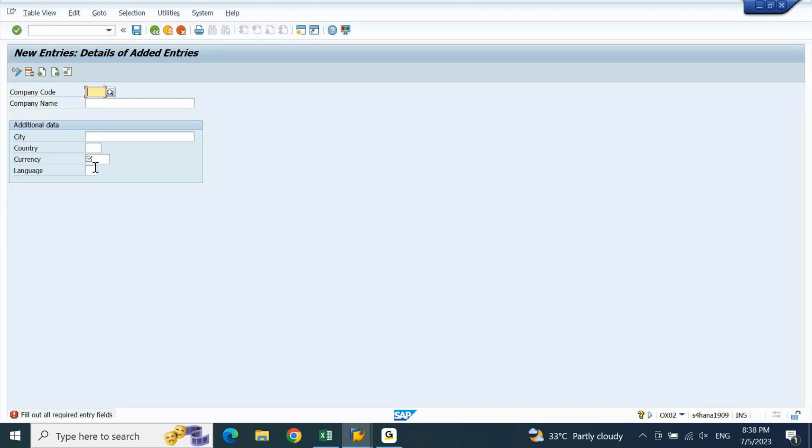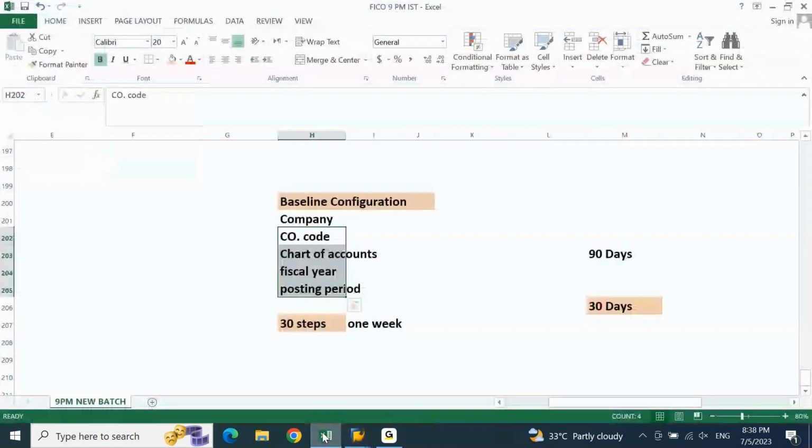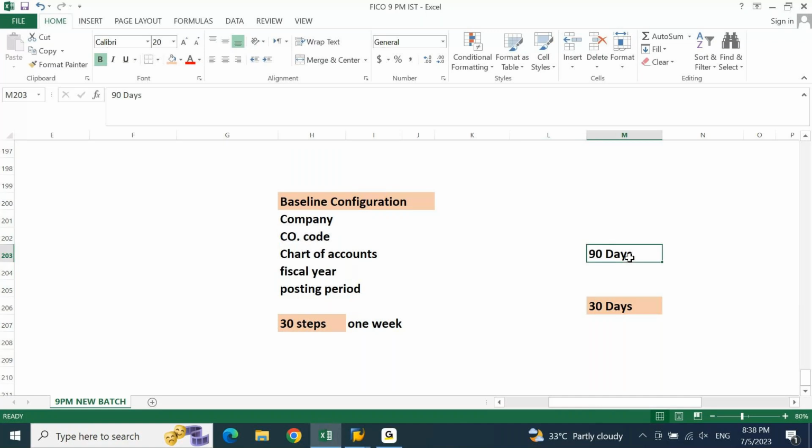But you need to understand on what basis you are going to create this company code, how you will decide how many company codes are to be created. What is the naming convention that you are using? Which naming convention do we follow in the real environment if you are actually working in a project? On what basis are these naming conventions used? For you to understand these points, it takes time. With this approach, you will not be able to complete your course in 60 days. In fact, not even in 90 days. Even 90 days are not sufficient if you want to learn in such a way that you understand what you are doing and why you are doing it.